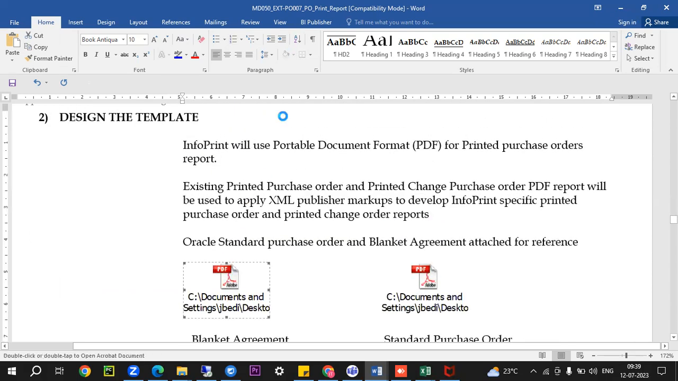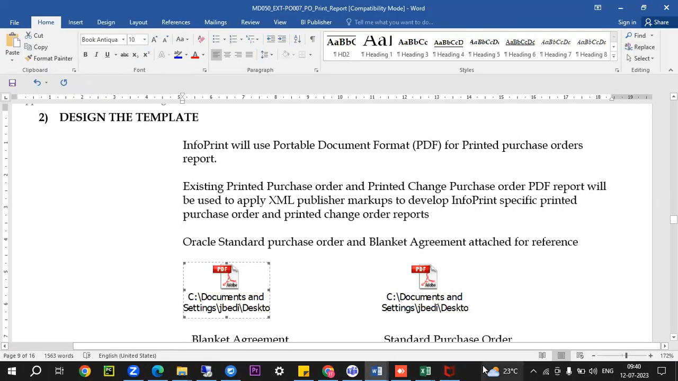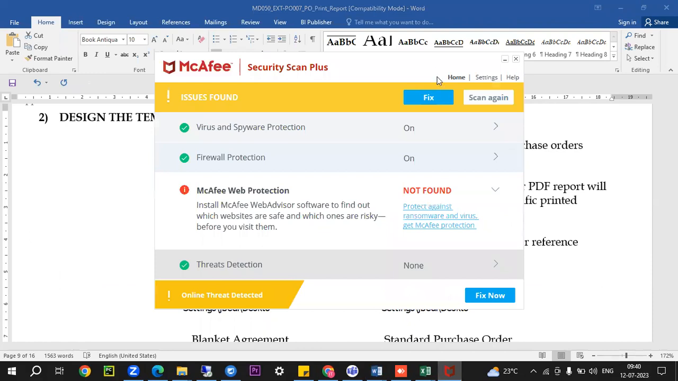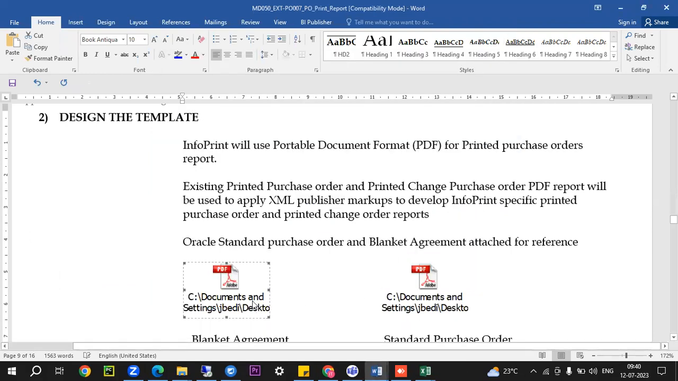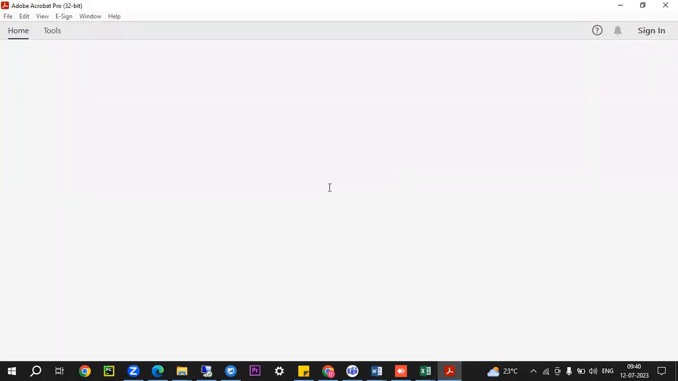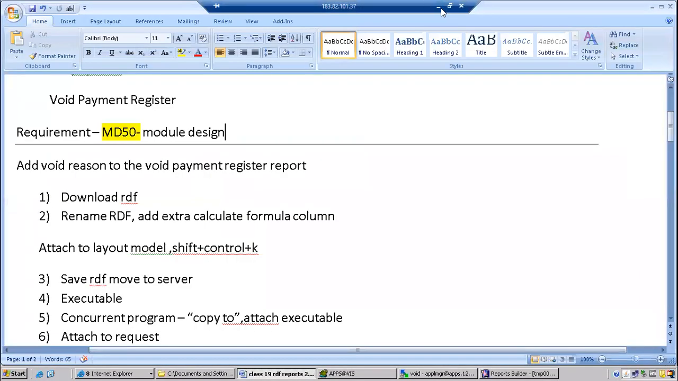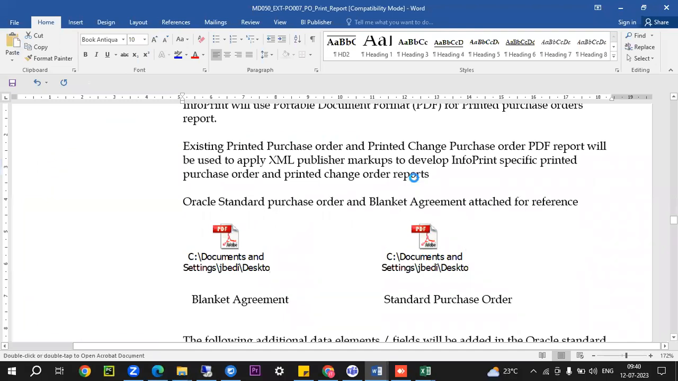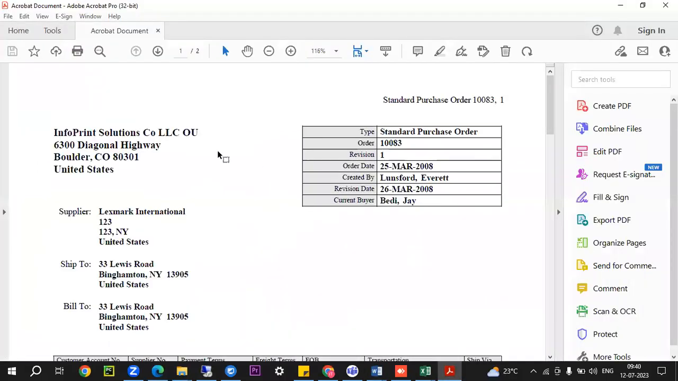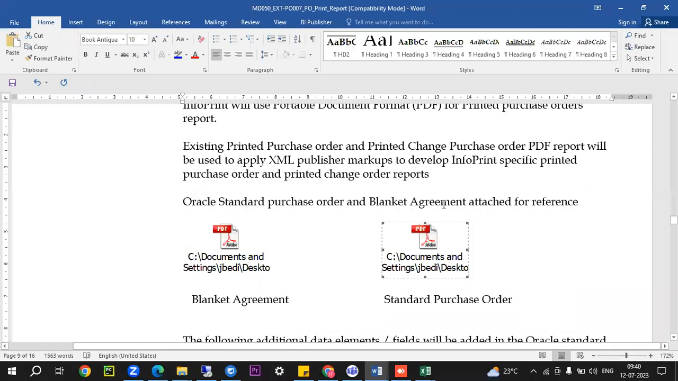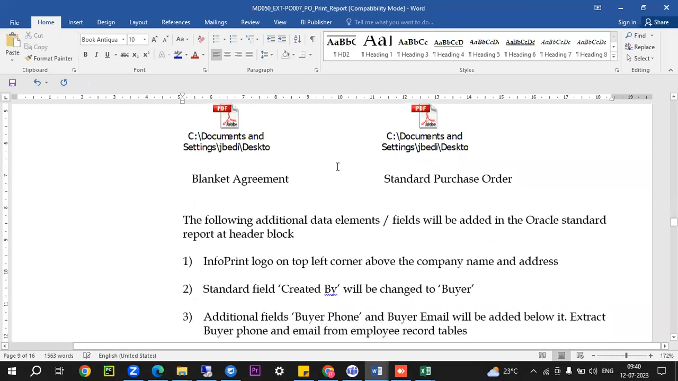Click on this. Okay. Where is it going? These are all for reference. Okay, it's going out, it's closing automatically, I'm not sure. Anyway,